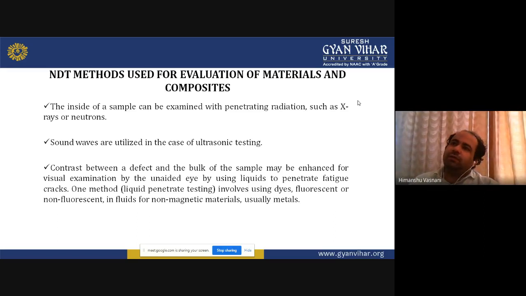If the powder is not reactive, then the powder will accumulate where the cracks are, and you will get a density of powder at that spot on cleaning the surface. In that way you can find the crack. Or with a fluorescent dye, it will show you that something is shining, so you can find that cracks are available. In both ways, fluorescent or non-fluorescent, this kind of work can be done, so you can examine the cracks.